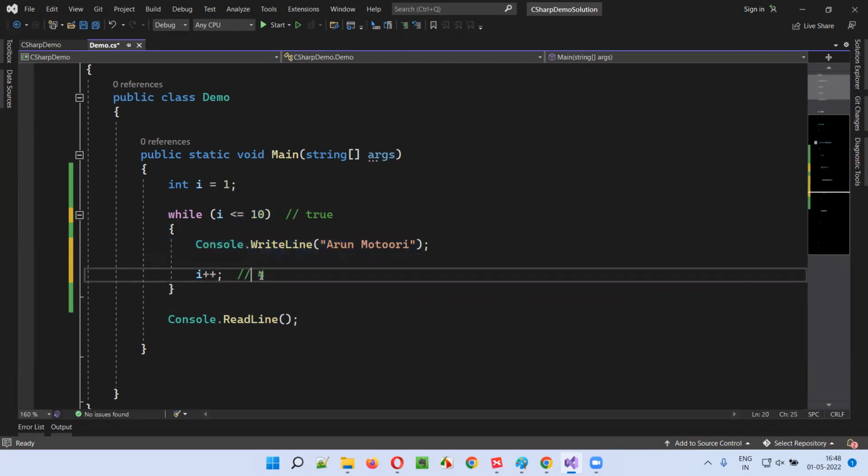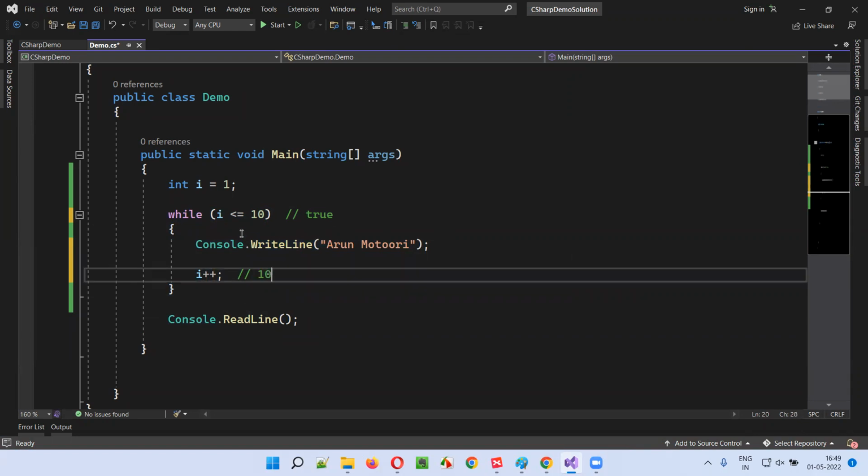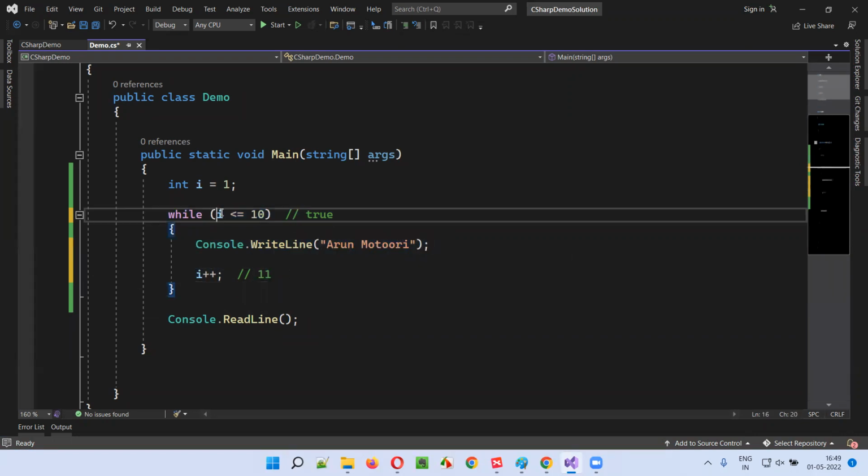Fourth time it will be printed, i becomes 5. Fifth time it will be printed, i becomes 6. This condition is still true. Sixth time. 7. Seventh time. Eighth time. i becomes 9. i becomes 10. 10 less than or equal to 10 is also true. So 10th time my name will be printed. Then i becomes 11. 11 less than or equal to 10 becomes false finally. Okay. After 10 iterations, this condition has become false for the first time and we'll come out of the while